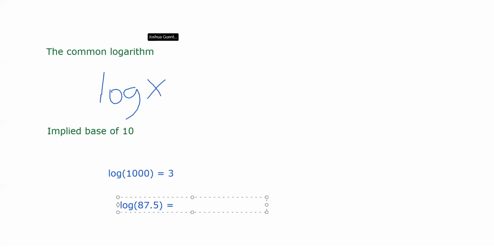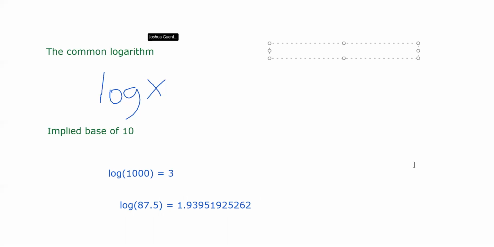It's just not going to happen in this lifetime. And so the log of 87, you should be getting like 1.939. Should be getting something like that. So there's the common logarithm,